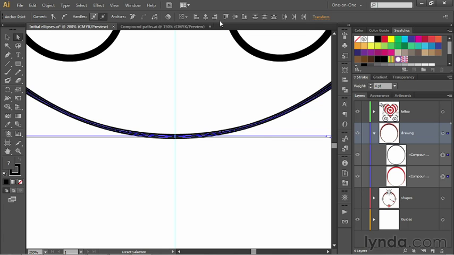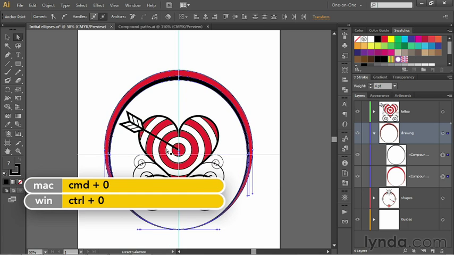And you do that by going up to the Control panel, and you click on this icon right there, Vertical Align Center. That will bring them to the same location. So you want the Vertical Align Center icon. Go ahead and click on it, and you will now have a series of 4, as it turns out, coincident anchor points. All right, now I'm going to press Control-0 or Command-0 on a Mac in order to center my artwork,